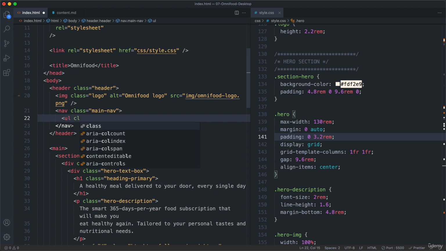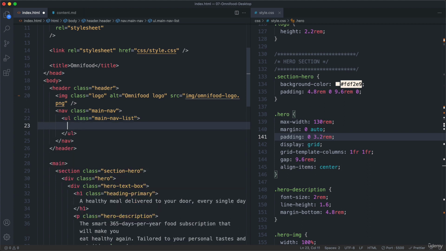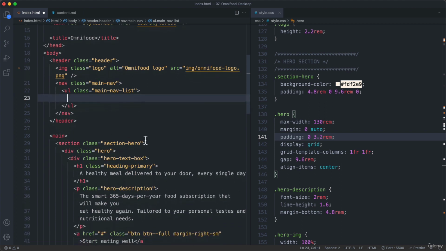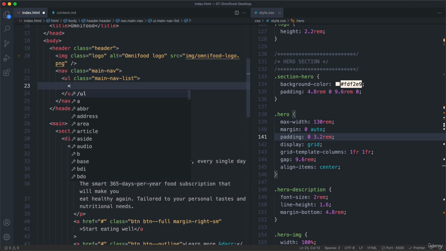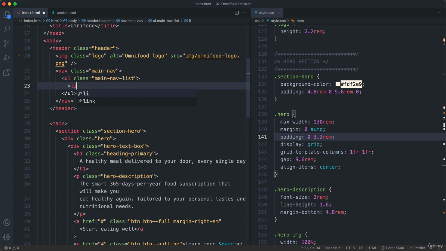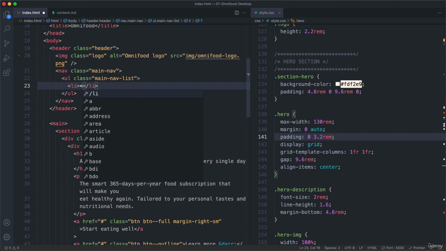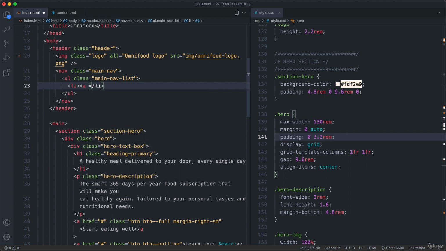So we're going to use the UL element, and let's call it the main nav list. Okay, and so this is basically how everyone does their navigations. So they have a nav element, then a UL element, then in there a bunch of LI elements, and for each of them, or better, inside of each of them, we will